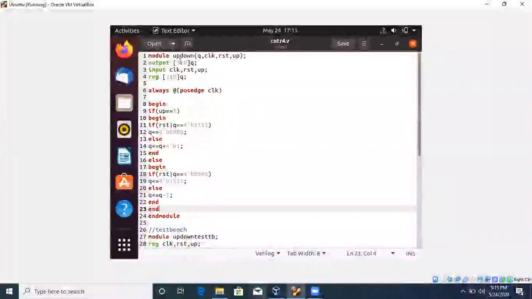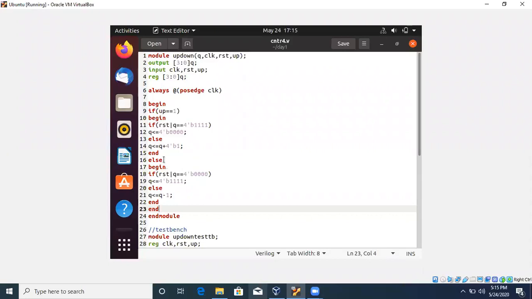So in the design code we have created the module of name up down. In that we have declared the variable. I have forgotten to use this if statement here. So in this I have now included this if statement, where we have used one value for the up signal, so that it will count upside from 0 to F.